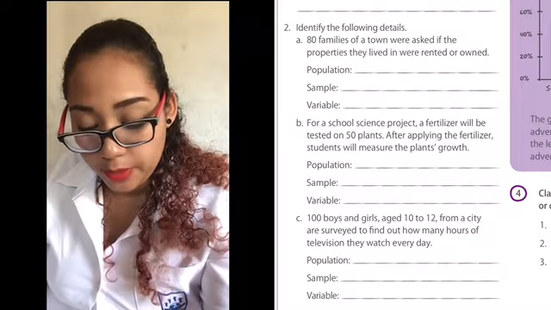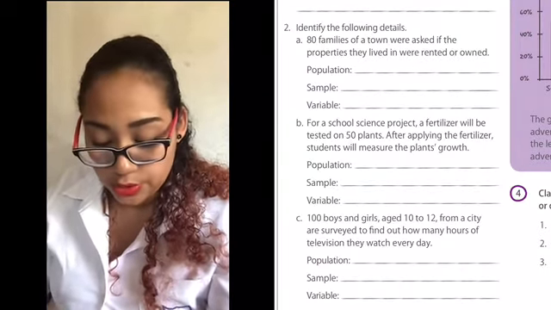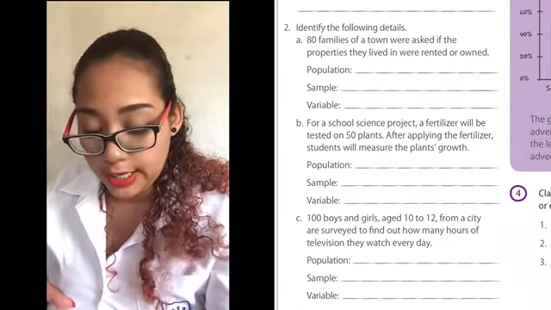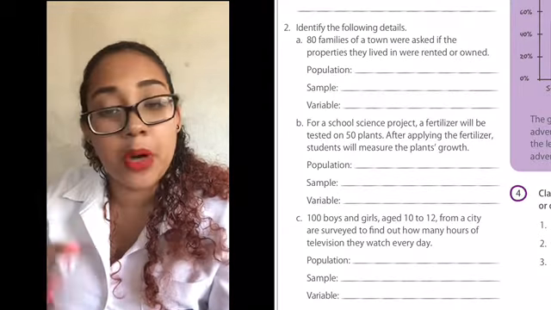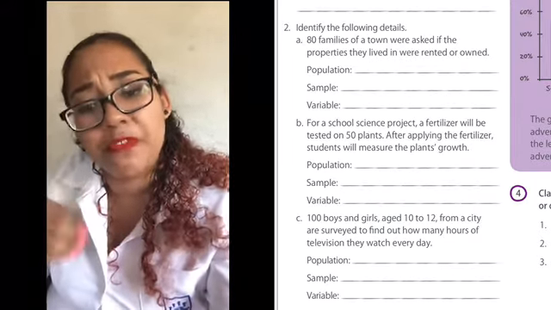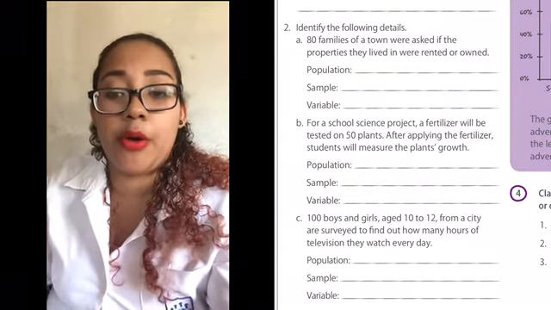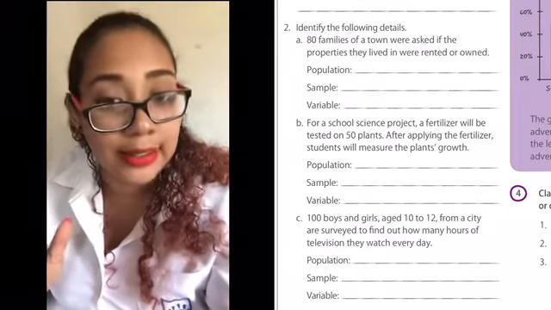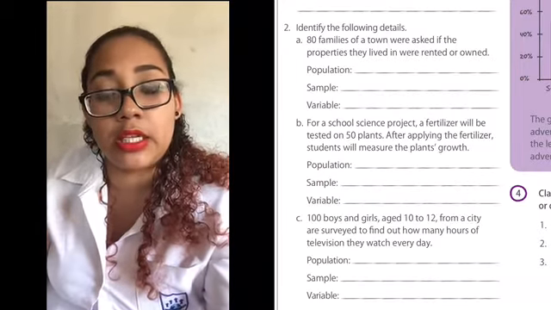Now, the variable, what are they going to test, analyze, or check? They're going to analyze the people, whether they rent or own their house. So the variable is the properties rented or owned. From those 80 families, they're going to check if the properties are rented or owned. Now, you're going to do something similar. I know you can, because it's really simple. You just have to try to analyze the